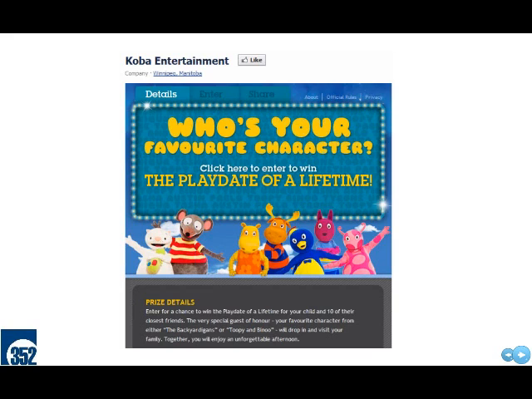So here, they had the like box that was situated on their Facebook page. If they liked them, then they were brought to this app that opened up in a new tab. And this is a really great way to encourage people to come. Now, I would recommend that once you get people to come and once you have people like your page, it's extremely important to make sure that you continually provide great content for them, because you want to bring them there, but you also want to give them a reason to stay there.